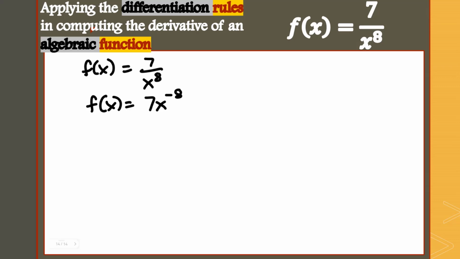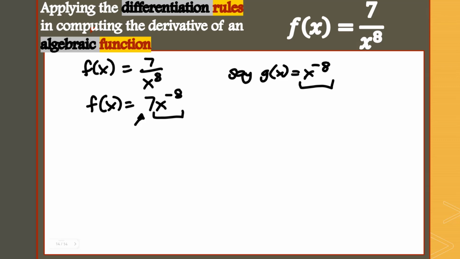As you have an algebraic expression in the denominator, you can always bring that up, but making sure that the exponent is negative now. Hence, we are going to use here two of those differentiation rules we have proven already. We are going to use the constant multiple because we can separate this. We have here the constant, and f of x is the multiple of that. Say, you have here g of x is x to the power of negative 8, and you can use that. And of course, by solving for this, you're going to use the differentiation rule for a power. So we have two different rules that we are going to apply here: